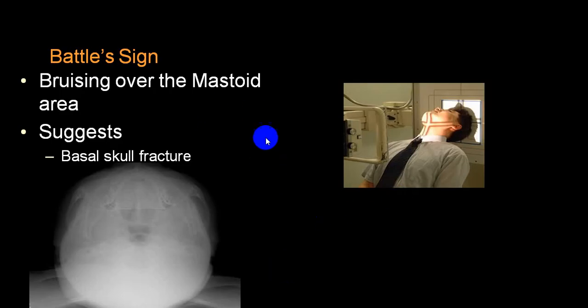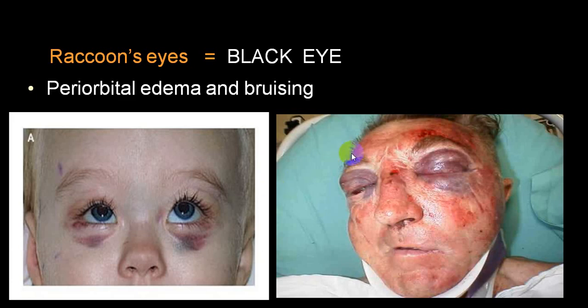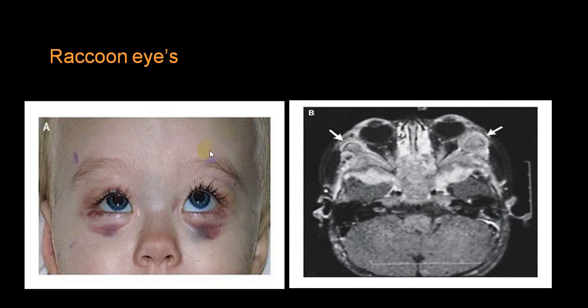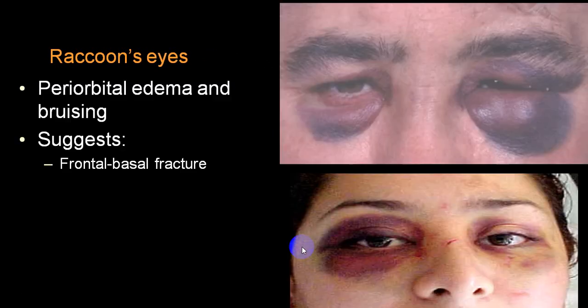And in that you will be asking for a specific X-ray for basal fracture skull. This is called raccoon eye, or we call black eye, periorbital bruising. In raccoon eye, you will be asking for again basal fracture skull. This is raccoon eye, very classical.